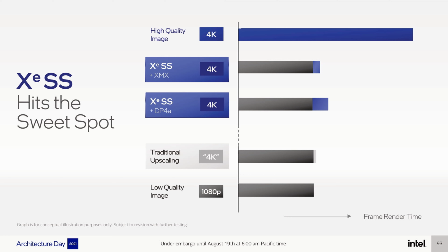But it looks like, according to their, okay, I'm a math teacher, guys. If somebody gives me a graph that doesn't have any scale on it, I'm going to be mad at them, and this graph is not getting an A. But if we assume that this is just trying to show us the relative performance on some sort of standard scale, it looks like it's not going to be a huge performance hit to run it without that acceleration,